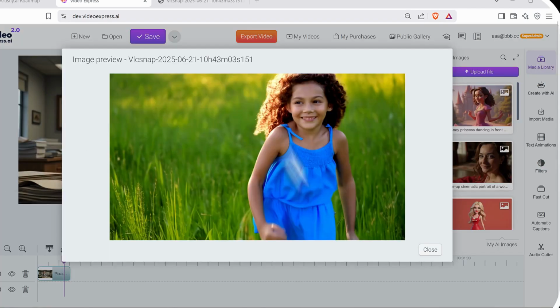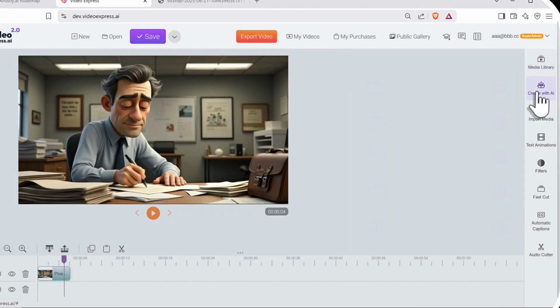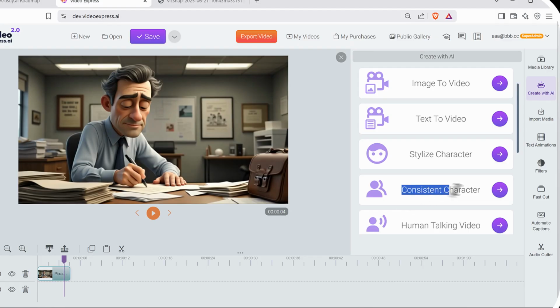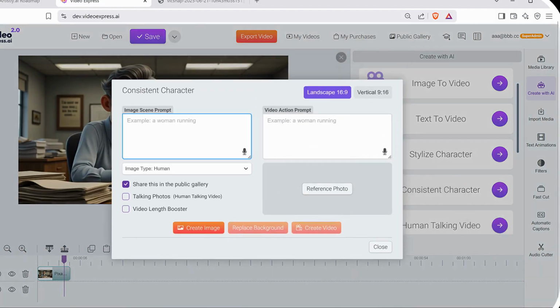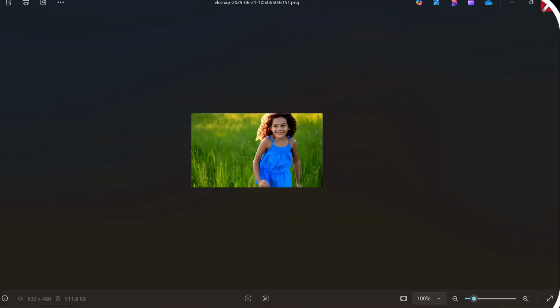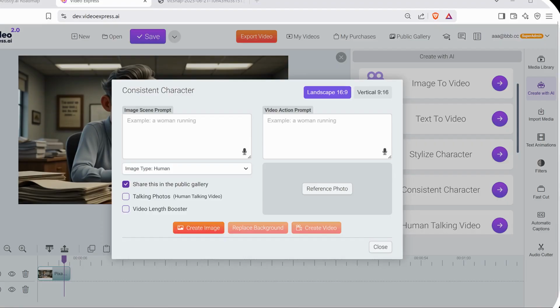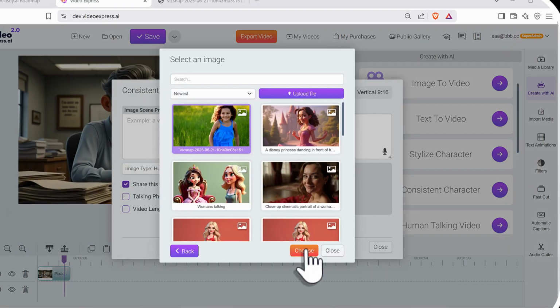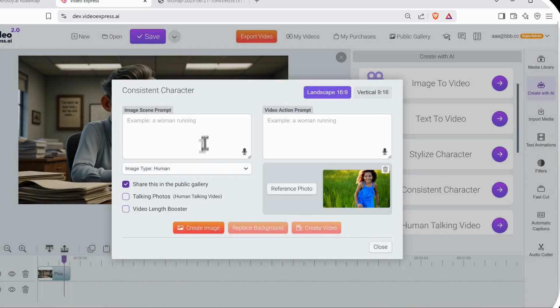So let's say we want to turn this photo that we have into a video and create a consistent character video. So all I'll do is go into create from AI, and you see here consistent character. I'll click on that, and you see there's a reference photo. I'm just gonna drop in that reference photo here. Okay, so I'll just take this photo that you see here, and drop that reference photo here. There you go. I have that option here. Click choose, and then as you can see here, I have that in, and I can say the girl in